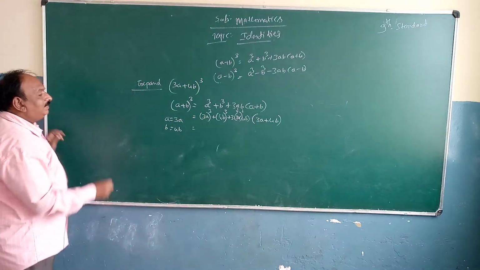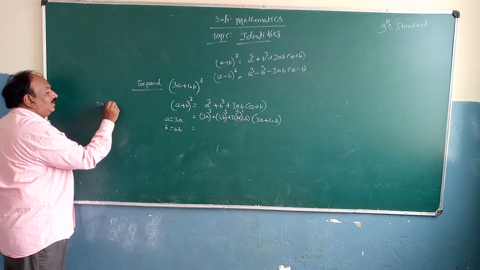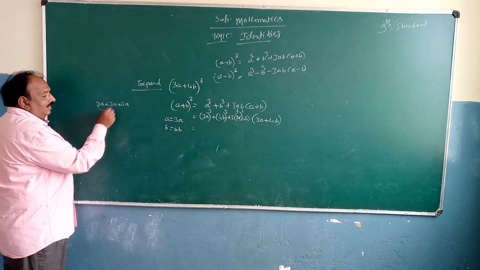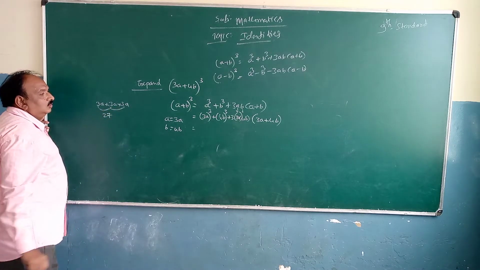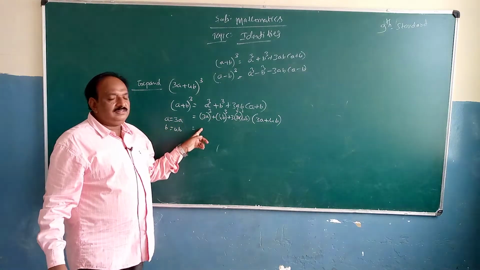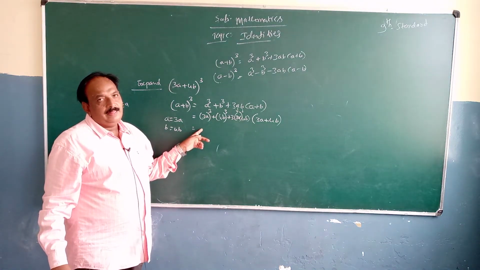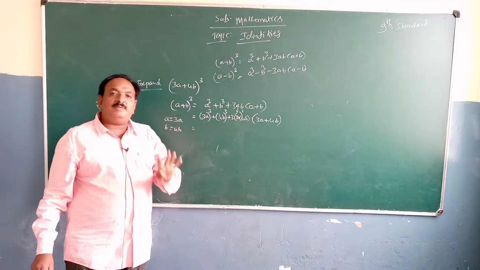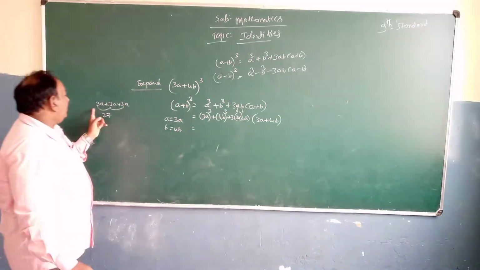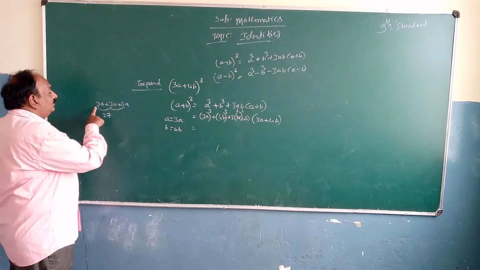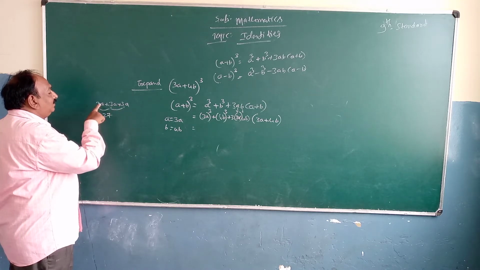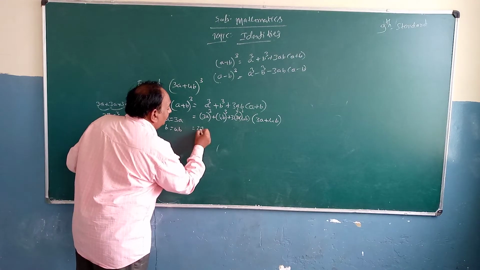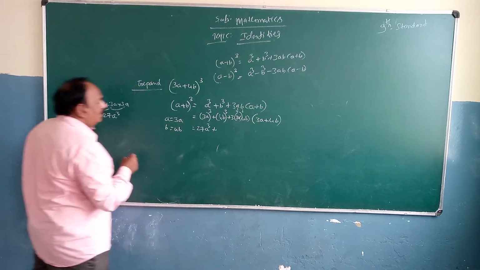3 is multiplied 3 times: 3a into 3a into 3a. 3 3s are 9, 9 3s are 27. Many students write 3 3s are 9 only, and they lose the marks. So 3a whole cube can be written as 3a multiplied 3 times: 3a into 3a into 3a. 3 3s are 9, 9 3s are 27, a into a into a is a cube. 27a cube plus 4b